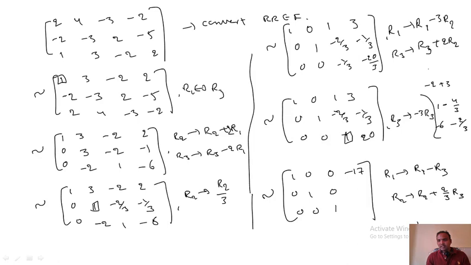R2 is minus 1 by 3 plus 3 by 20, 40 by 3. That means minus 39 by 3. That means minus 13. Now these are the pivots. Now this is the row reduced echelon form. Now we are getting I3. In this matrix I3 is sitting. This is I3.